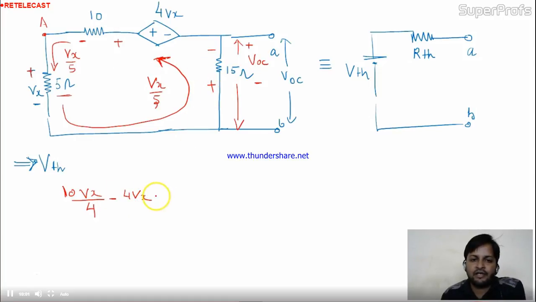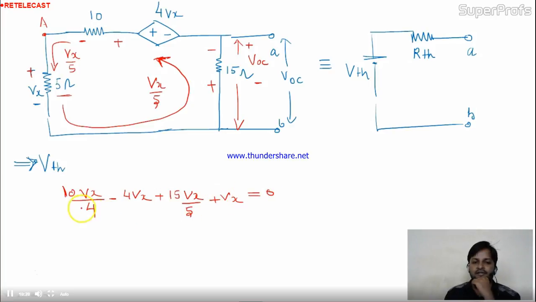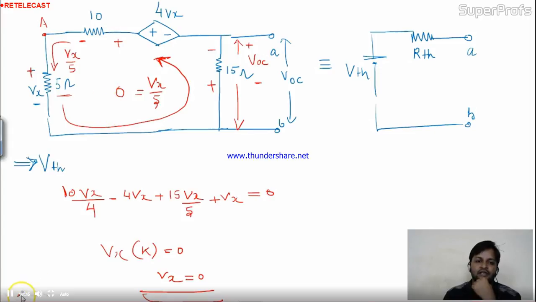Come to the 15 now, ending is the positive 15, and the current value is Vx by 5, okay. And come to this, directly we are getting Vx, and this is the end. So all are Vx. Vx is common. Something into Vx equal to 0. So what is the value of Vx? Vx is 0. So Vx by 5 will be 0. So in this circuit, the current is